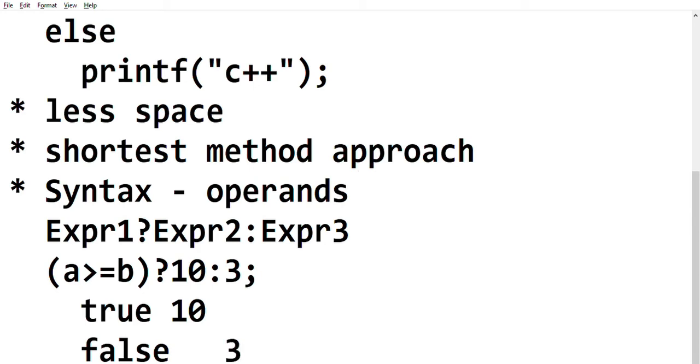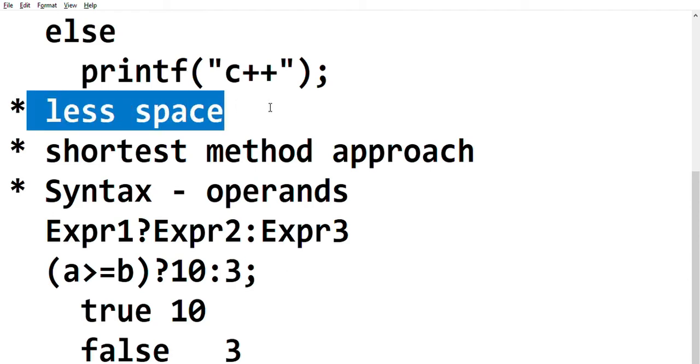So now you understood, right? This is how the conditional or ternary operator works, so it takes less space. In a single line we execute the statement, checking the condition. It is also the shortest approach.